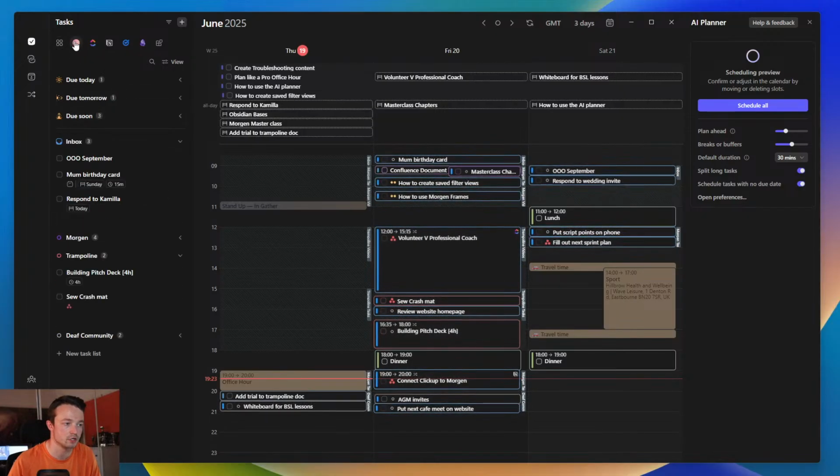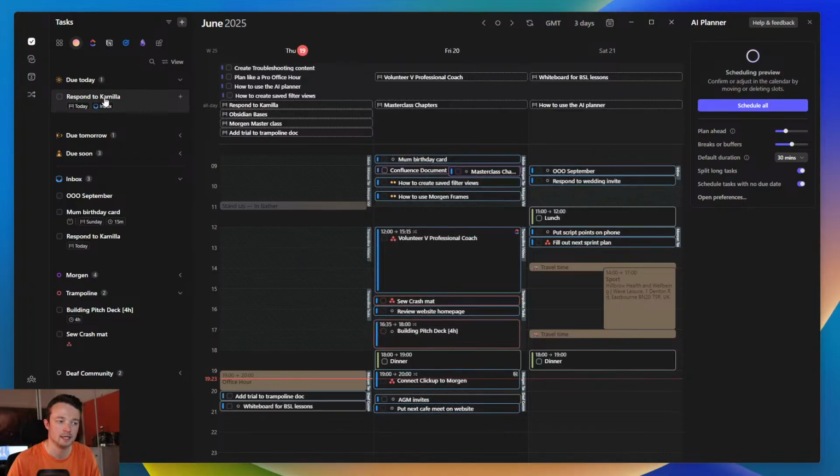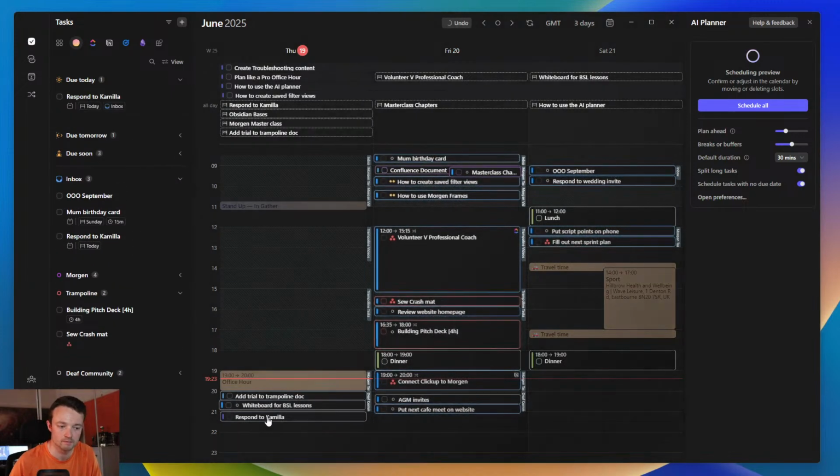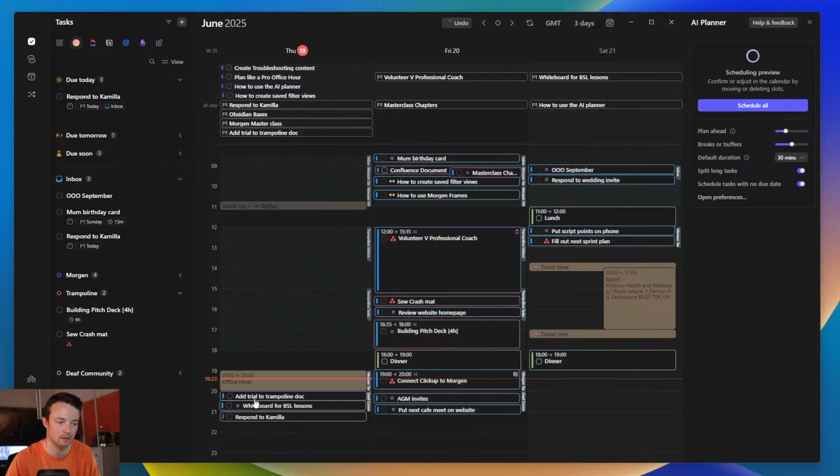So this is, let's go to Morgen today. Let's say, actually, I do want to respond to Camilla, but I'm not going to do it inside of a frame. I'm going to do it a little bit out of hours. I'm actually going to do it at 9 o'clock. So it's going to have a think. Nope, that didn't interfere with anything else. That's great. So now I've got Camilla at 9 o'clock, and I'm adding a trial to the trampoline dock just